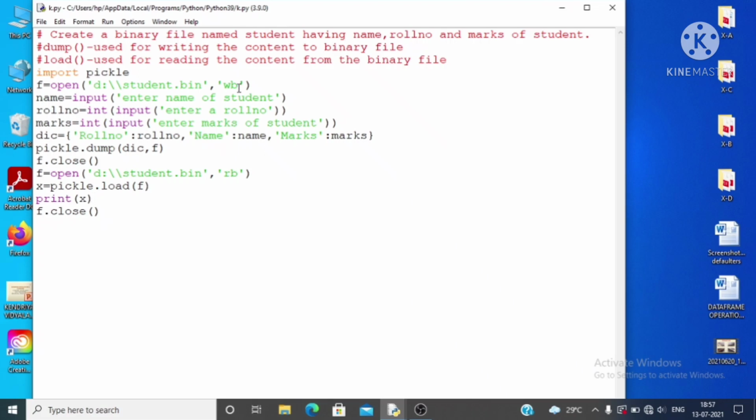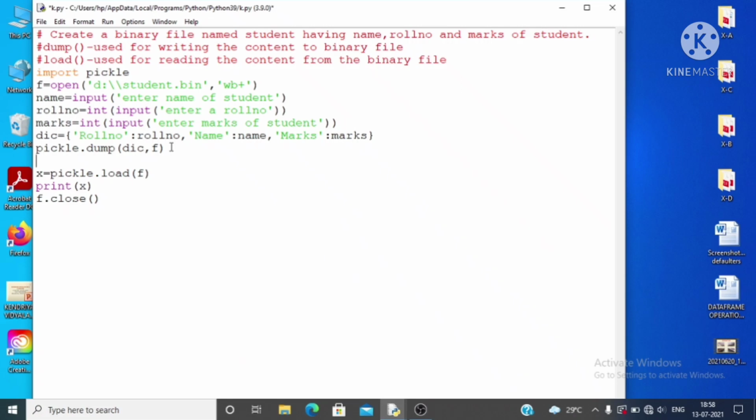Now see, if you want to read and write the contents of your binary file by using wb+ mode, when you open the file in this mode, you can write the content to the binary file as well as read the data from the binary file. In that case you do not need to close the file and open it again in read mode. You can directly do this, but one restriction is there: when you write some content to the binary file, you have reached the end of the file.